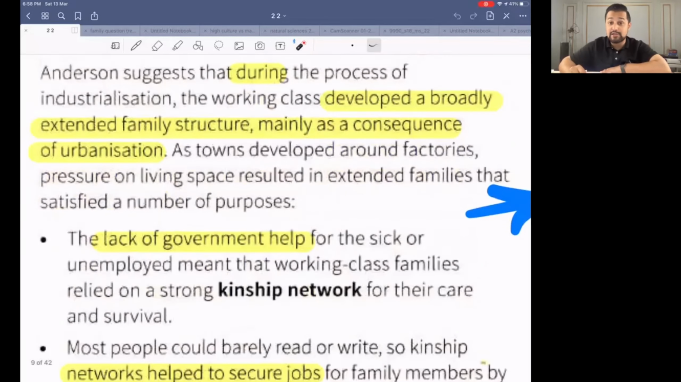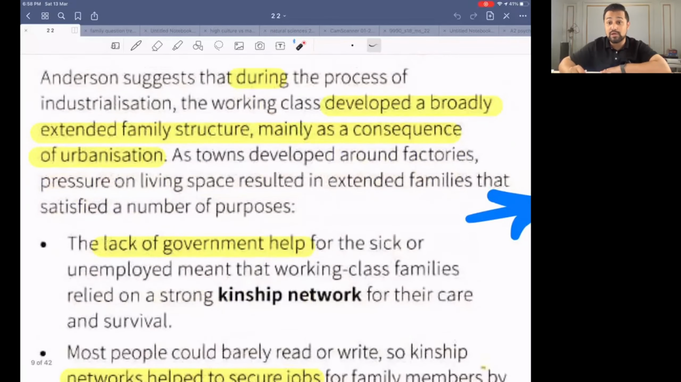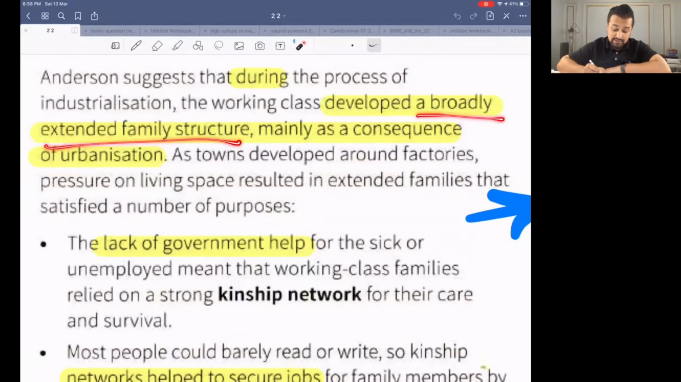Anderson suggests that during the process of industrialization, the working class developed a broadly extended family structure, mainly as a consequence of urbanization. Now, let me put this to you through an example. If you talk about Middle Eastern countries, you've seen how the working class, when they move to Middle Eastern countries or elsewhere, they usually,